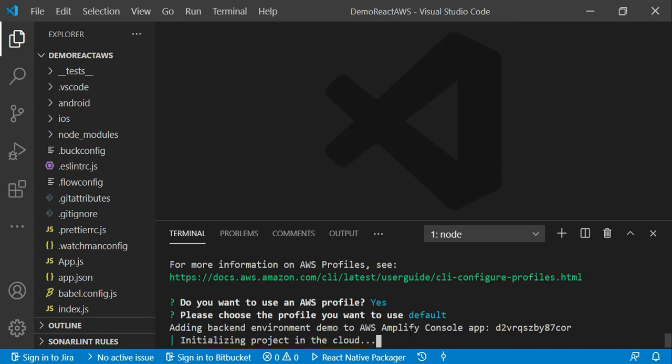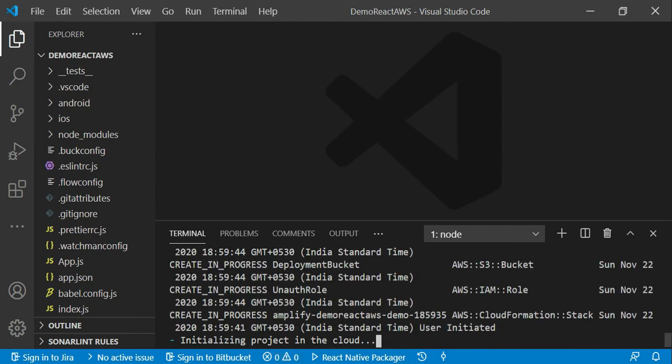Now it is initializing the project in the cloud. It may take some time.